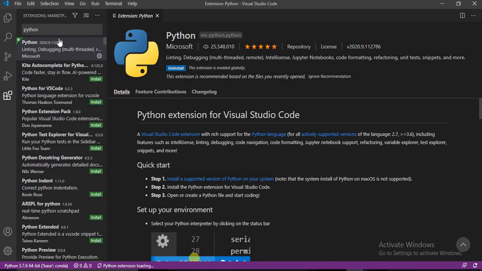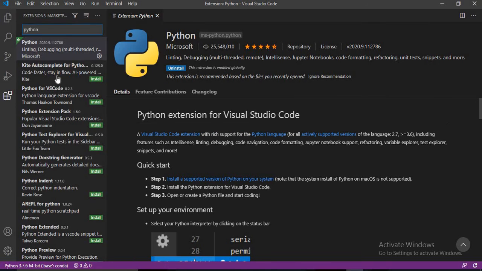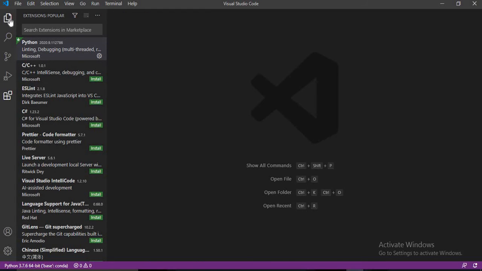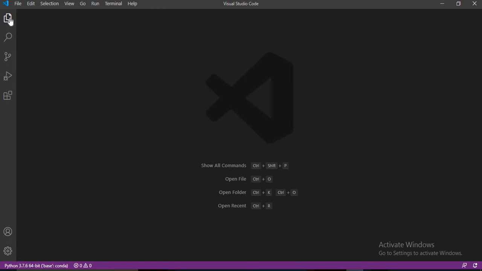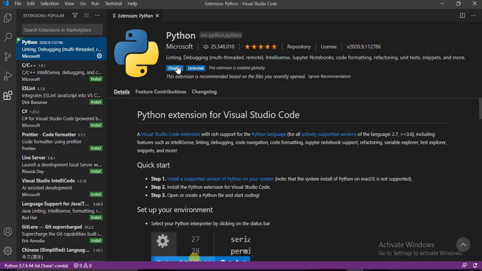If we again go to the extension, I want to show you the disable option. See, the disable option is there. We can disable it, and we can uninstall from here as well.